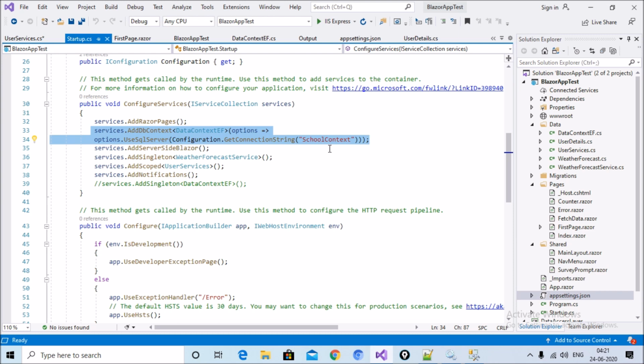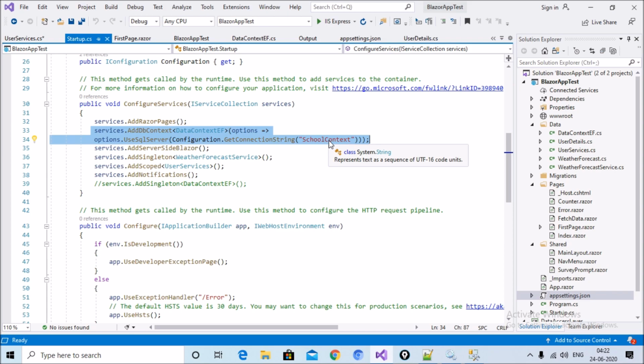We can see two different things here: the first is your Entity Framework class name, and the second is your context name, SchoolContext, which keyword we use at the time of the connection string name. This is the simple implementation of how to add a connection string in Startup.cs. That means this part also has been completed.